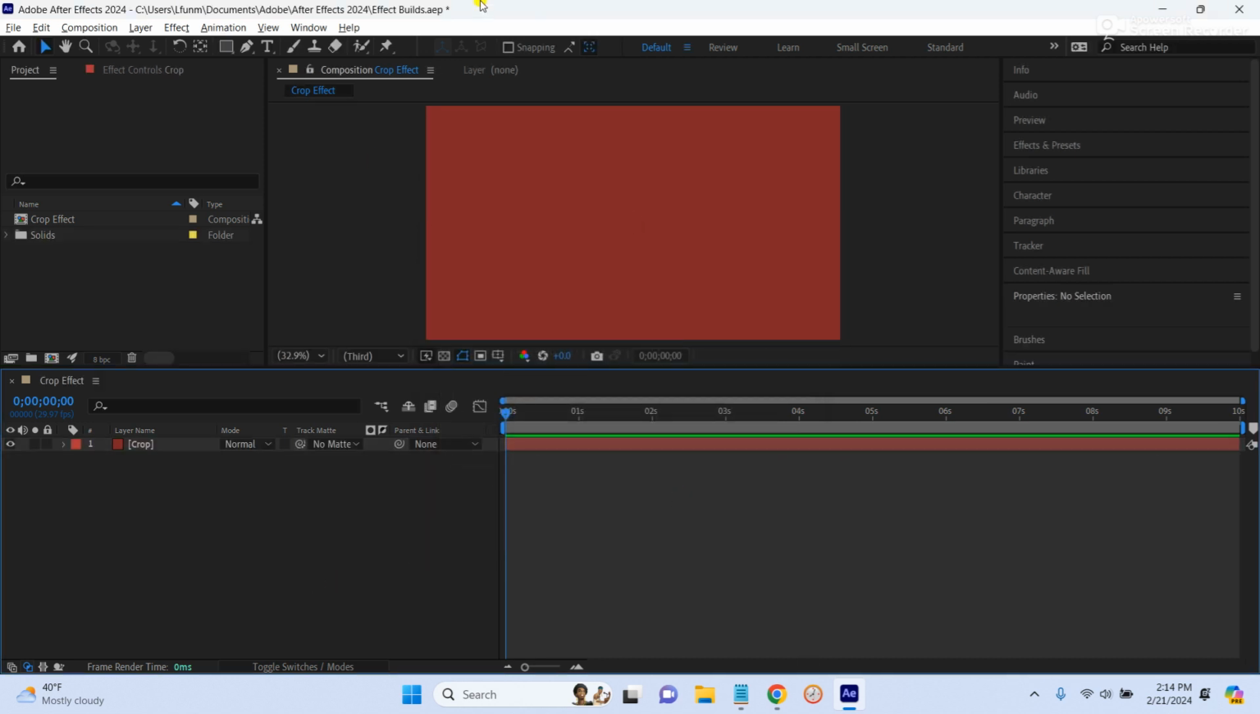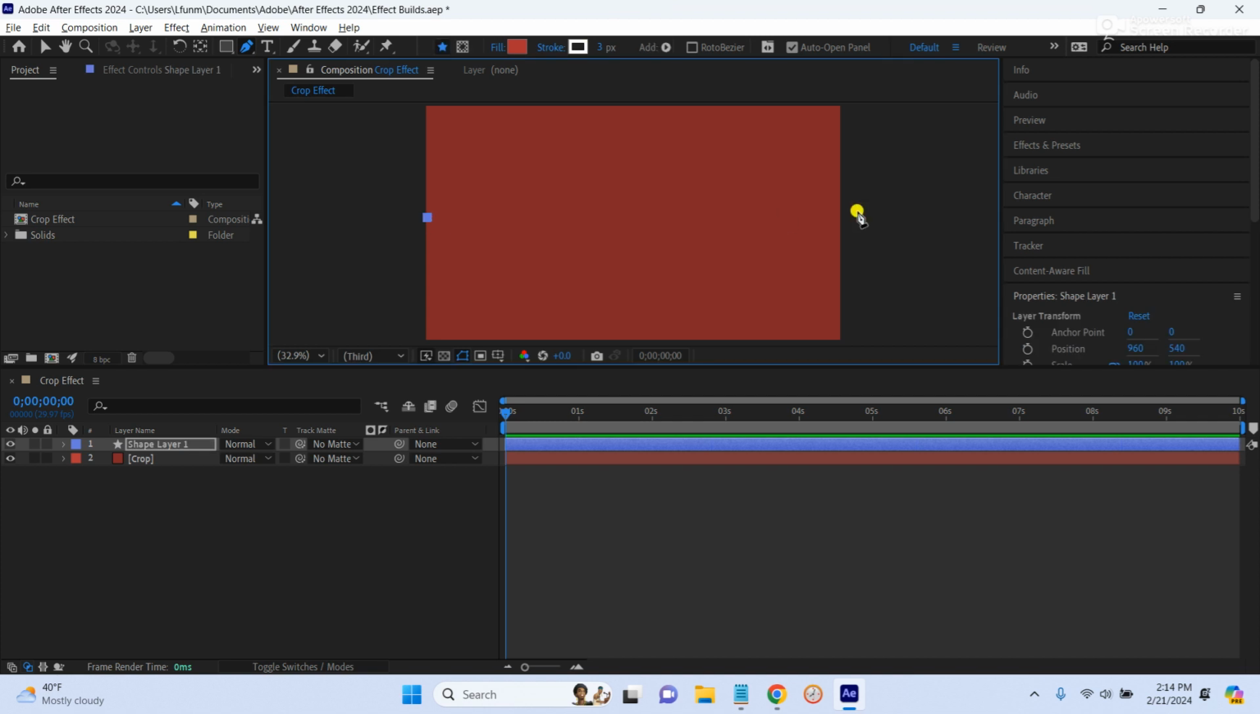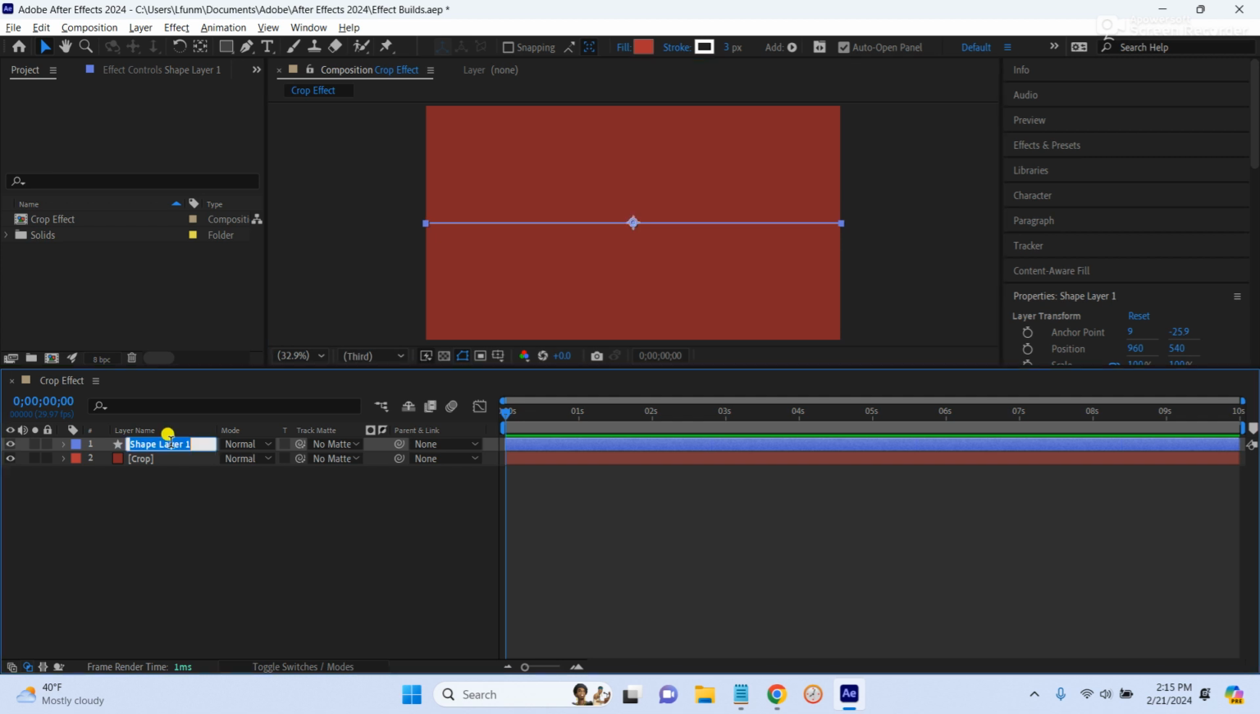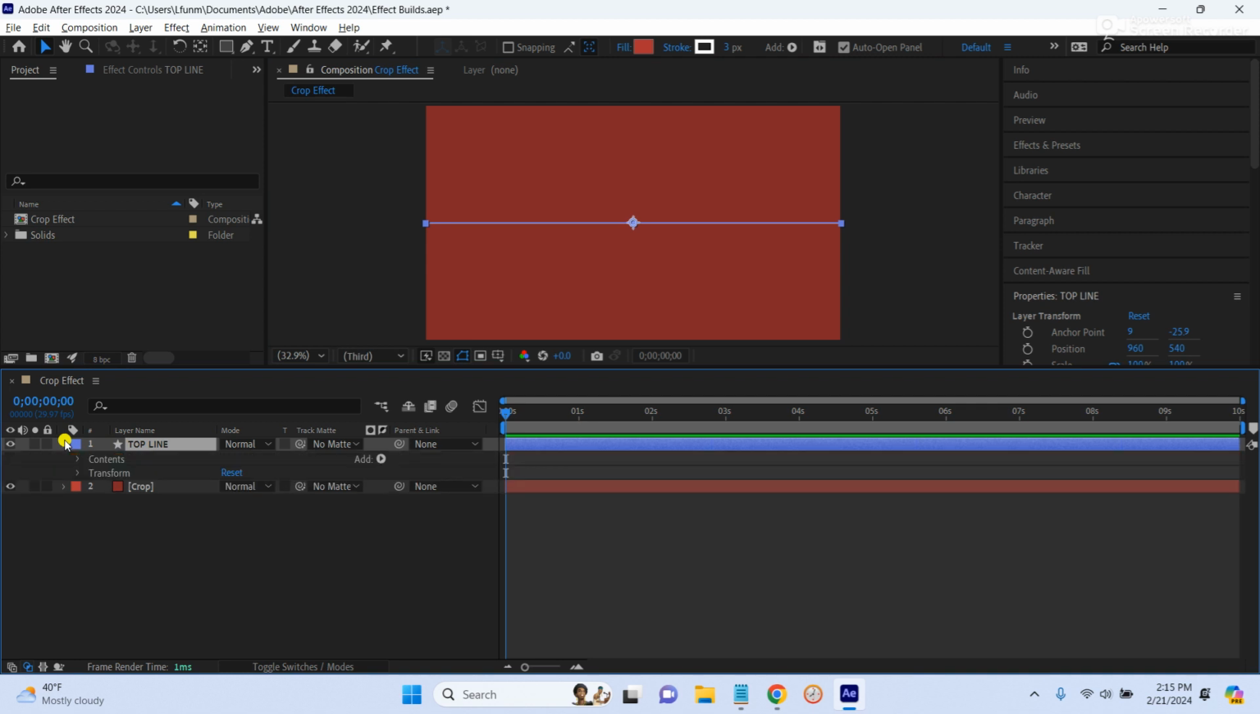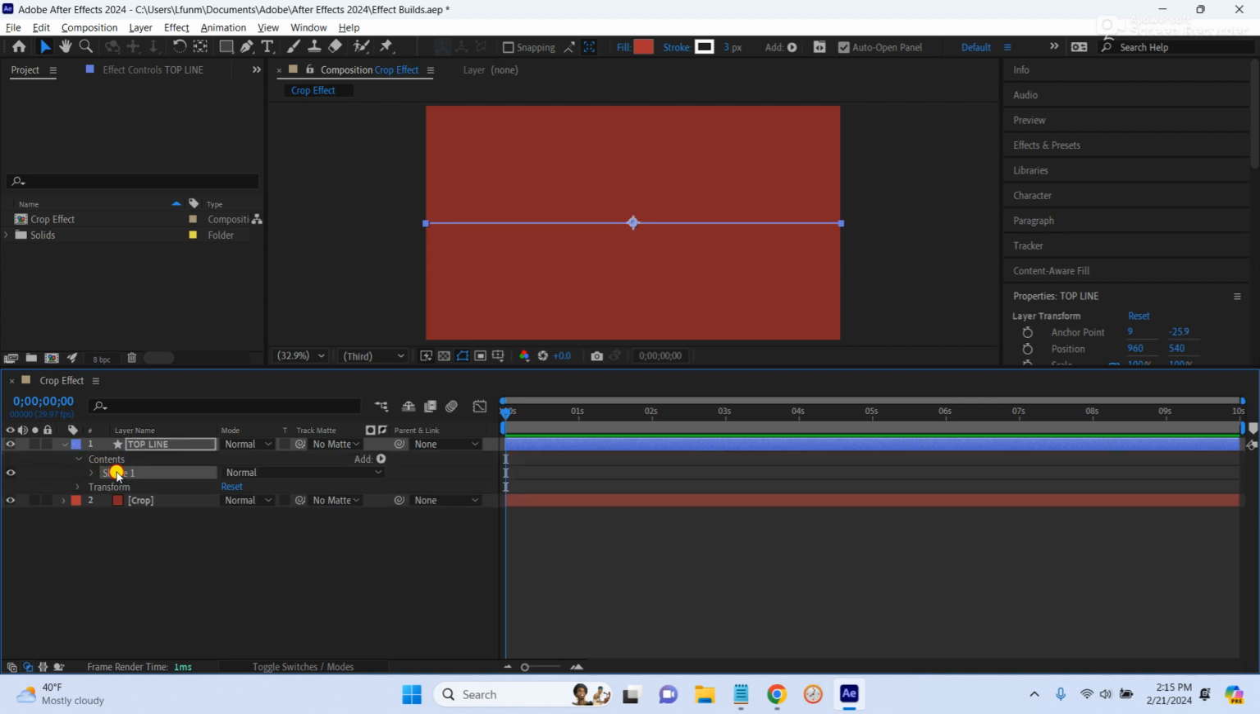Then to start with the border, I'll start with the top line. With the pen tool selected, with a white stroke, 3 pixels for starters, on the left center side, just click, then hold shift and click again so you have a straight line. Then with the arrow tool, press Control Alt Home, Control Home to center it. Go down here, name it top line, then toggle this open, and then under Contents, Shape 1, change it